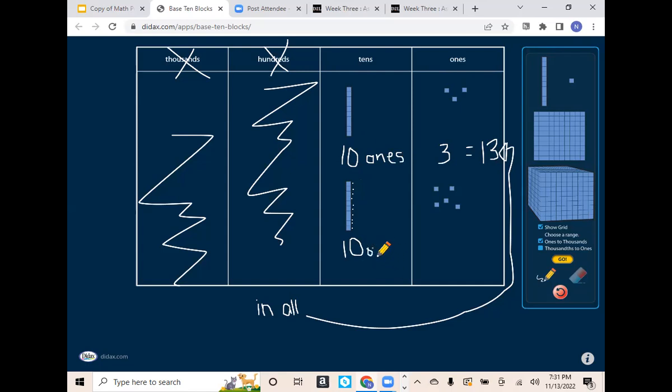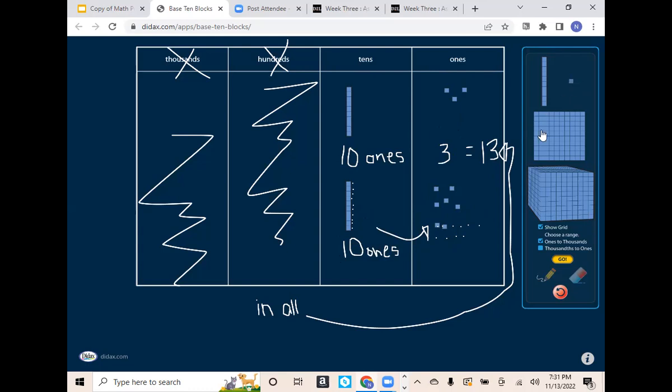Because we're not talking about tens anymore, right? So these ones, they break down and they go over here. They represent these dots. 1, 2, 3, 4, 5, 6, 7, 8, 9, 10. Correct? So we have to pull down